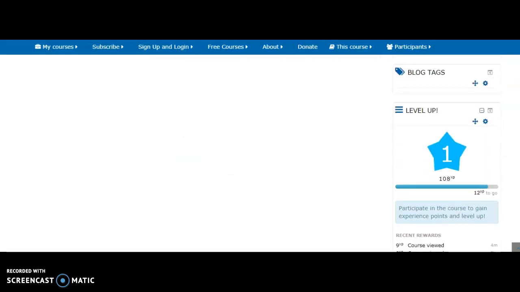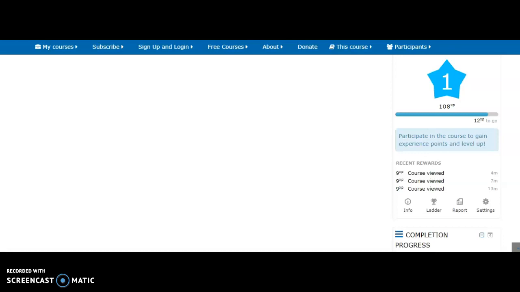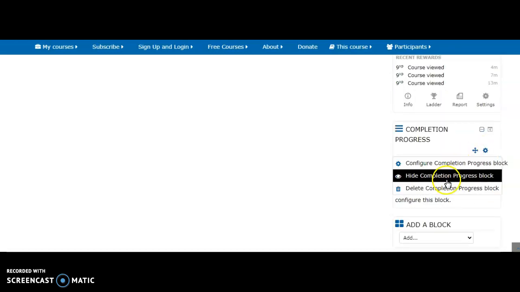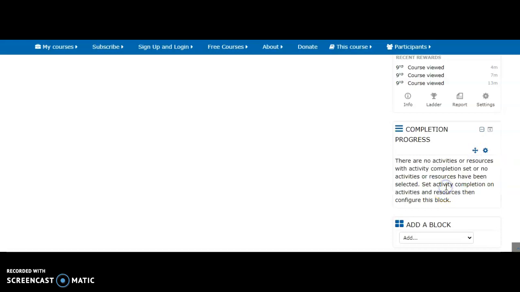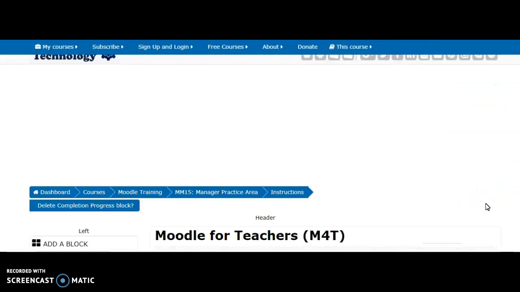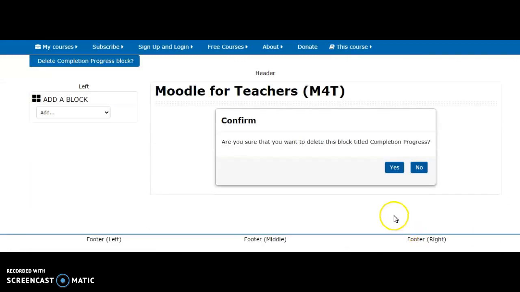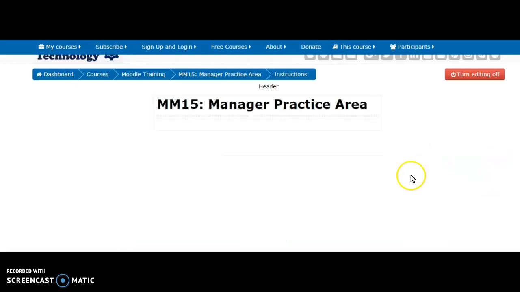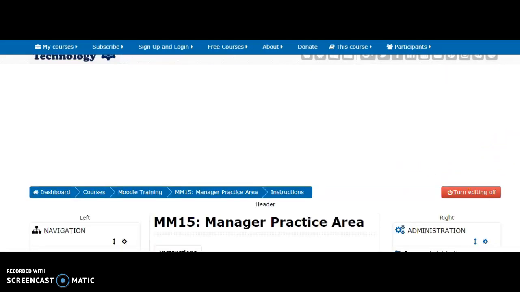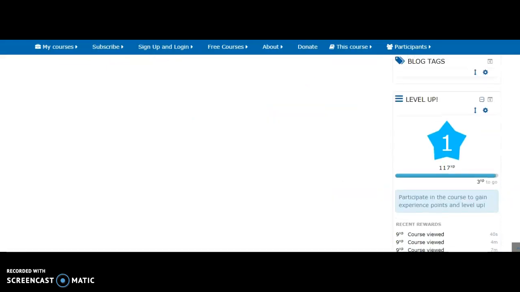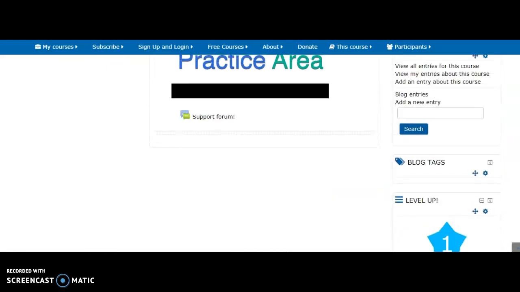Anyway, no, it is here. So I will click on this button, and then I will click on Delete Completion Progress block. I have to confirm I want to delete it. And you will see that it is no more there on the page.